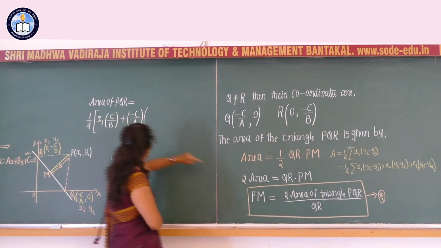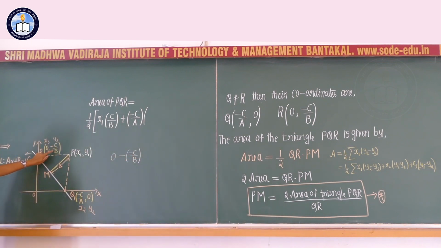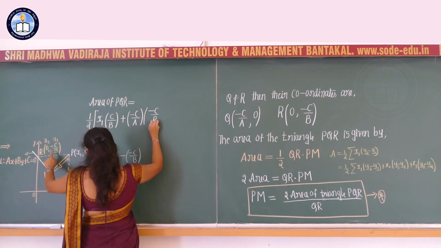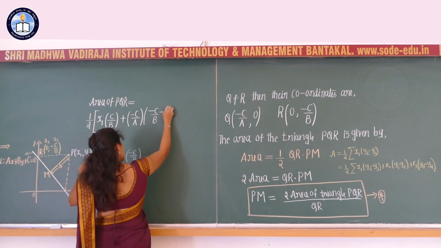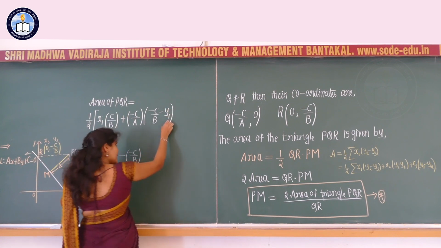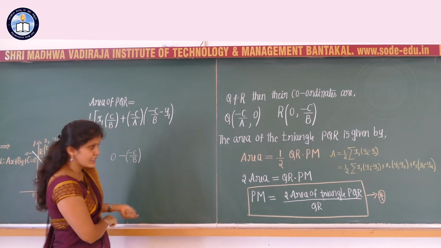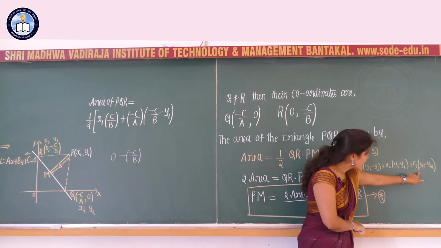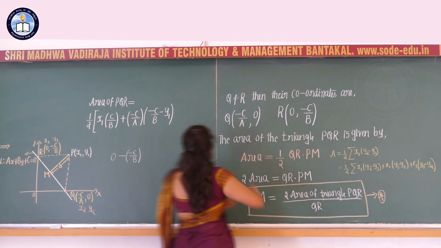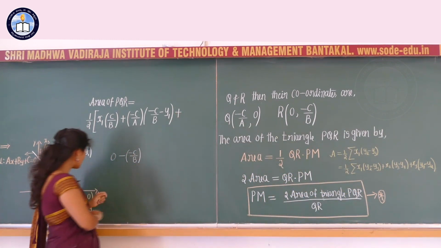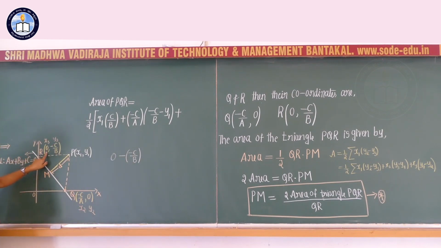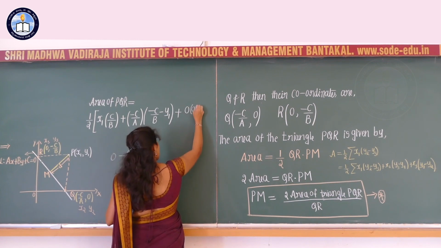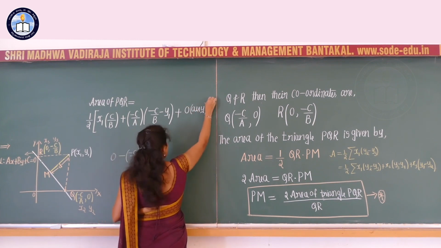What is y3? y3 is equal to minus c by b. y3 is equal to minus c divided by b minus y1. So minus y1 I am going to write as it is, second term completed, that is x2 into y3 minus y1 completed. Third one is x3 into y1 minus y2 plus x3 into, what is x3? x3 value is equal to 0. 0 into y1 minus y2 or 0 into any other terms, that is nothing but 0.